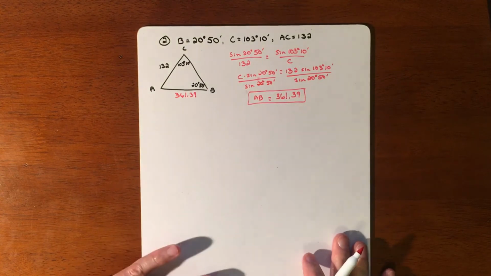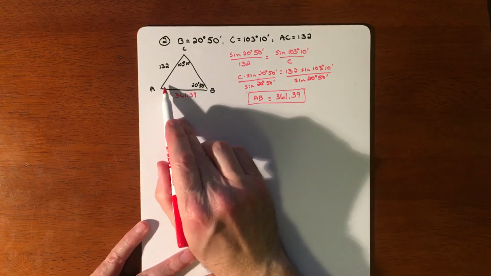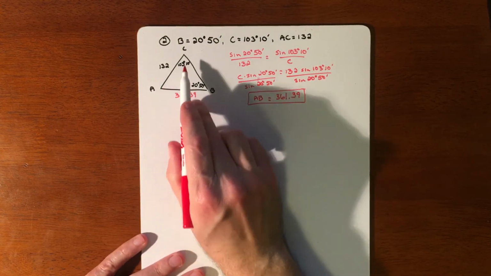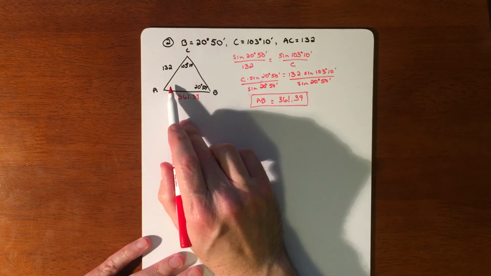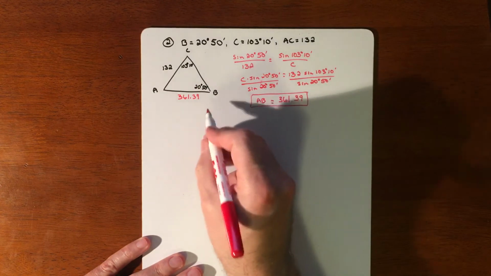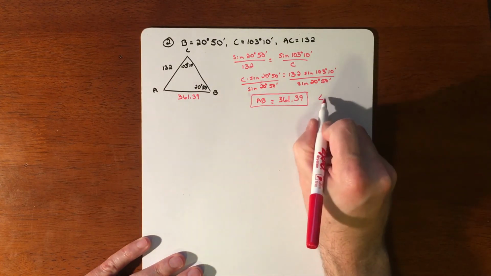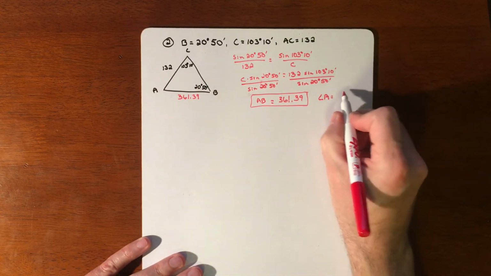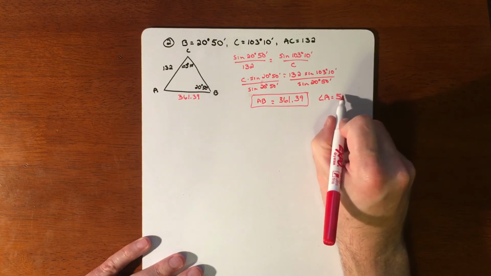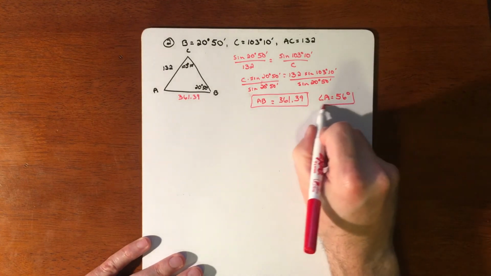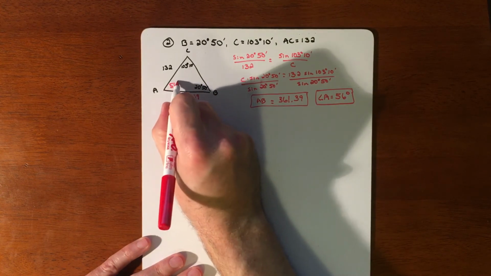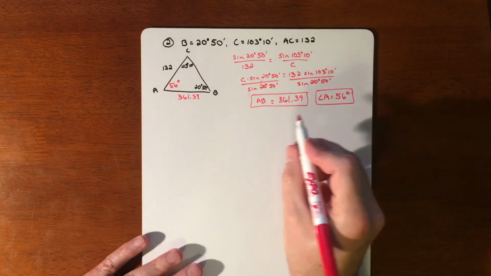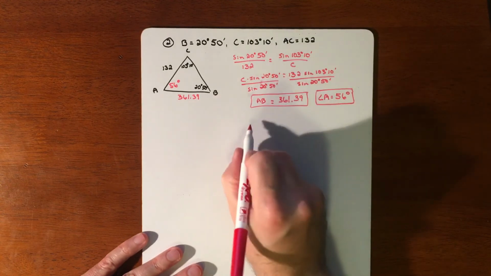All right, and then I suppose right at the very beginning we could have done angle A. Angle A is going to be these two things subtracted from 180. So if we take 180 minus this, angle A was going to be 56 degrees. And then once we have this being 56 degrees, I need that in order to figure out what side A is. So we'll do that same initial fraction of